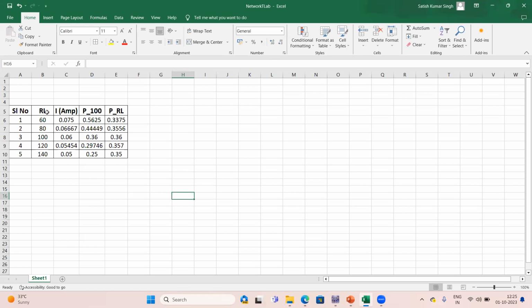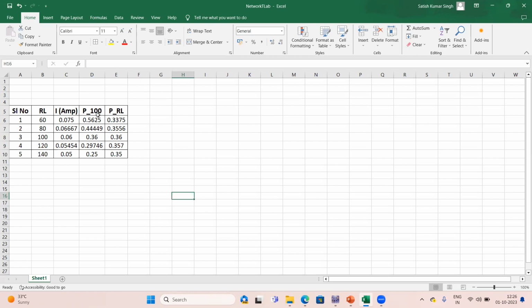I have taken the RL value, the load value, and varied it from 60 ohm to 140 ohms with a step size of 20 ohms, which we can control here in MultiSim. In a similar fashion, you have to control your resistance value in your laboratory. You have to measure the resistance value you are taking, and then conduct your experiment. Here I have taken the current I flowing through the circuit, and I have calculated the power